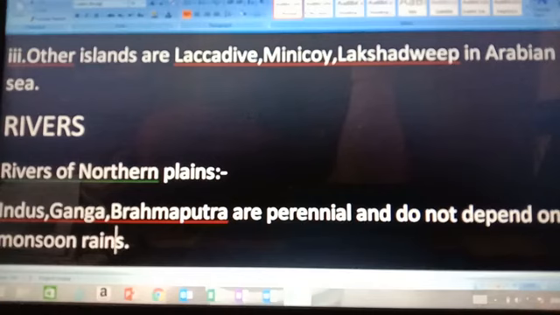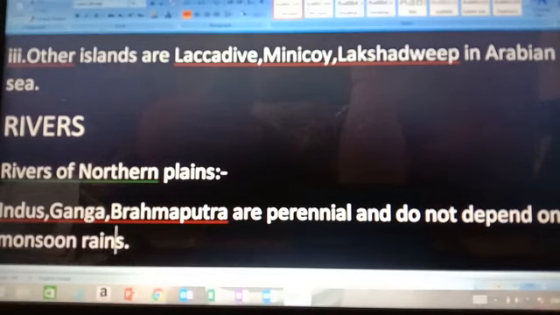Okay, and all the plains have been formed by depositional works of the river. One of the major importance of river is that its depositional work leads to the formation of plains.